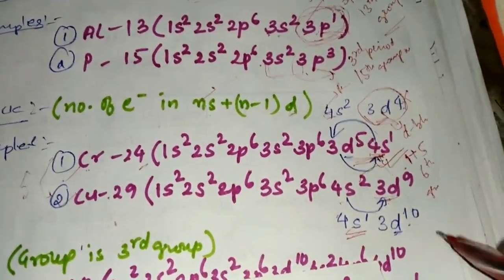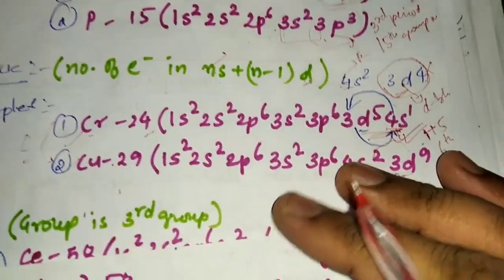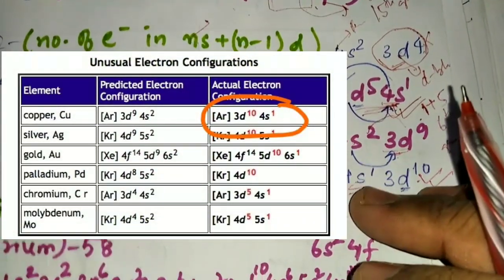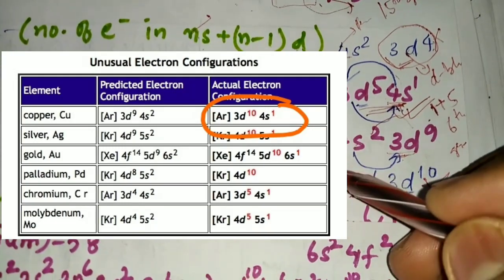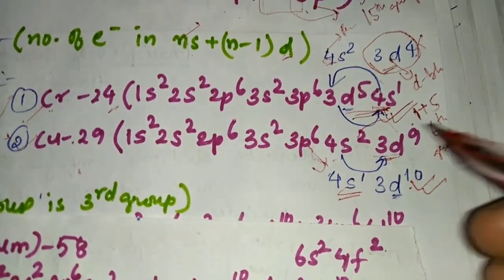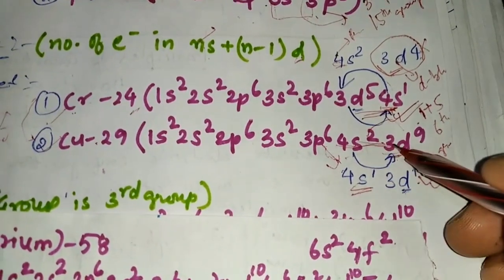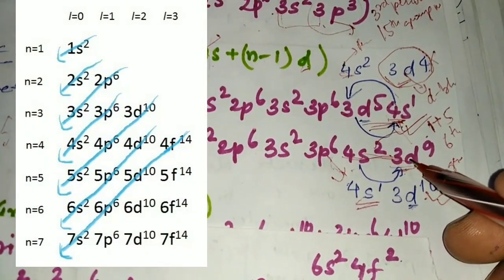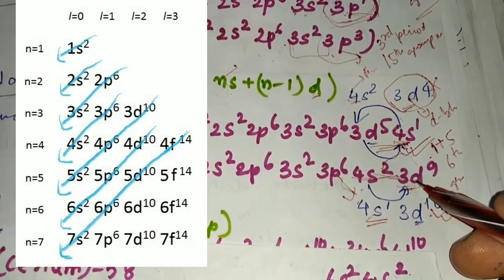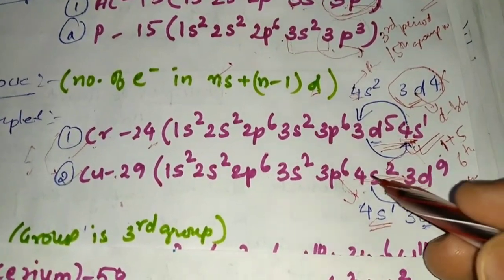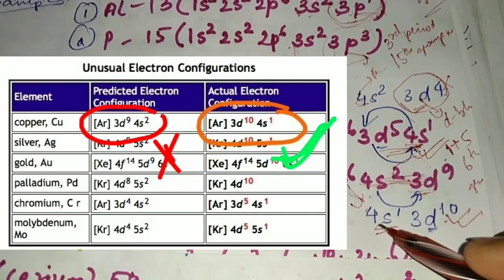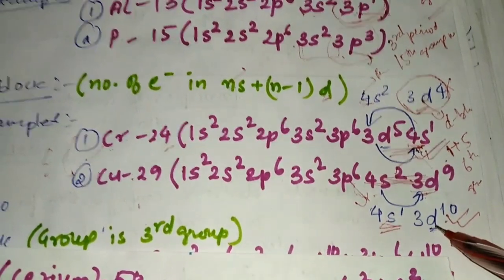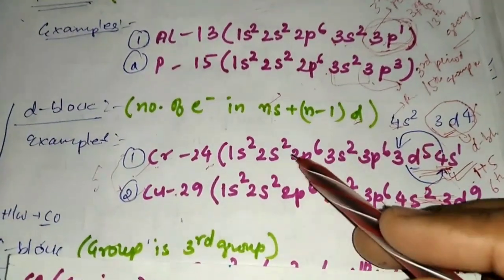Okay, all of you, so this is the correct one. The actual electronic configuration becomes 4s1 and 3d10. So this is my correct electronic configuration from 3p6 onwards, then it becomes 4s1 and 3d10, not this one. I just wrote it here according to the above principle for filling the electrons to explain to you, but this is not the accepted electronic configuration. The accepted electronic configuration is 4s1 and 3d10 to gain its stability. That's why these two are the exceptions.